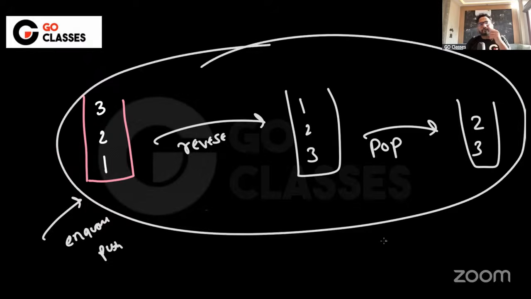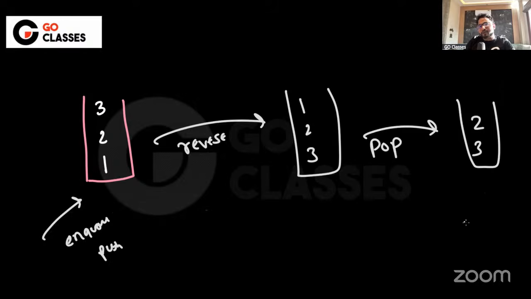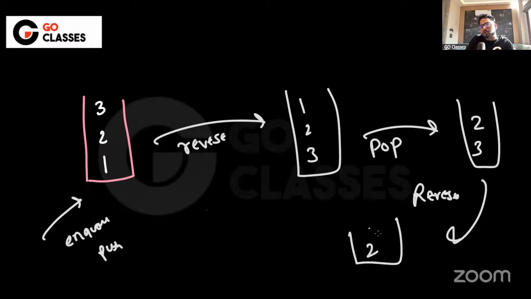But are we done? See, now if we NQ some element, actually it is a problem. I have to leave the stack in the original way, which means I just need to remove this one and have the stack as 2, 3 like this. So basically you have to reverse it again, so that it is 2, 3. Now you can DQ one more time, then automatically it will be DQing this two. Otherwise, there will be a problem. You have to leave the stack in such a way that if it is 1, 2, 3 earlier, then after DQ you are only removing one and not disturbing other things.